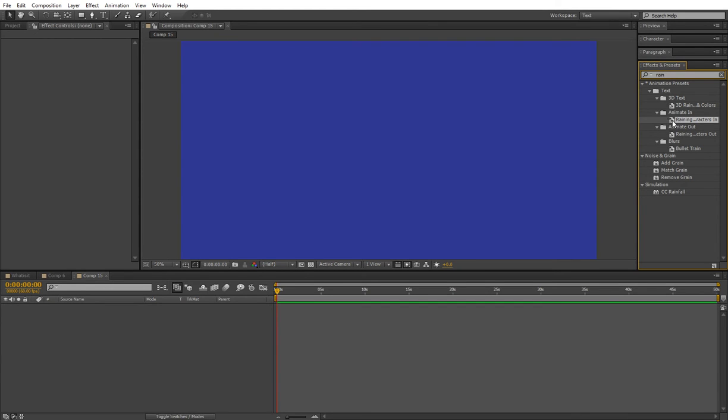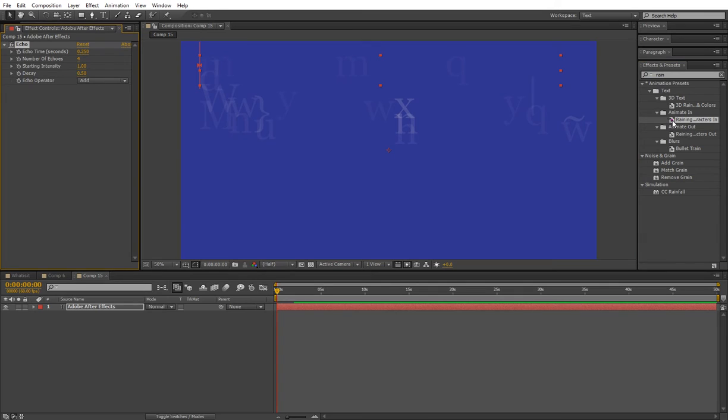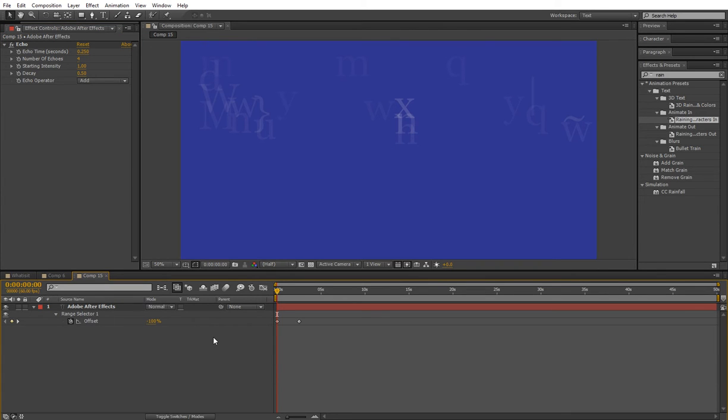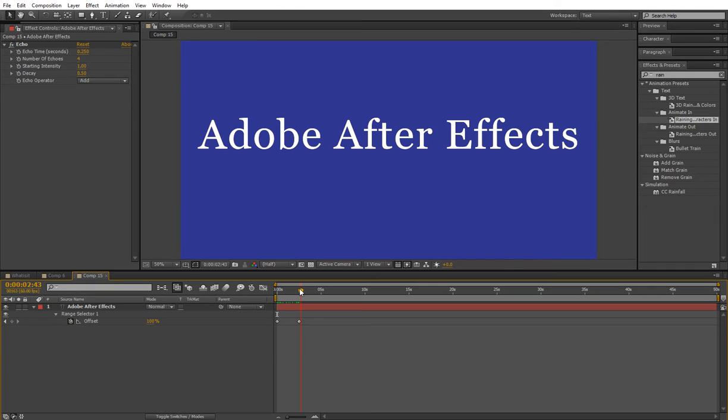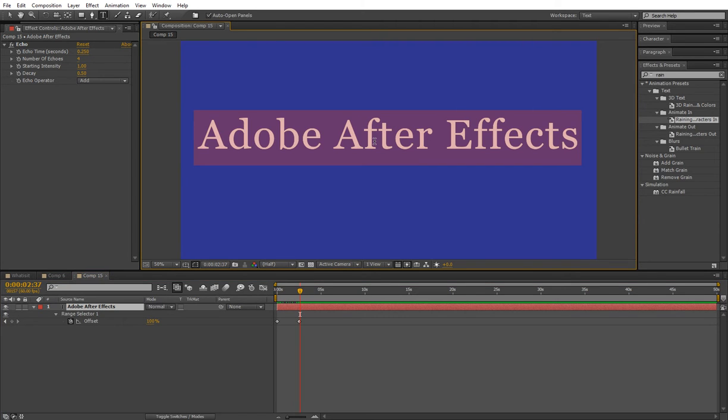I'm going to double click on my raining in, and it has added the effect, as you can see here. I'm going to click anywhere on the gray area, and I'm going to hit my U key on my keyboard. And here we can now see the keyframes. So if I scrub from keyframe 1 to keyframe 2, you see that the ending text says After Effects, Adobe After Effects. Well, I don't want mine to say that, so I'm going to double click on it, and I'm going to change that to